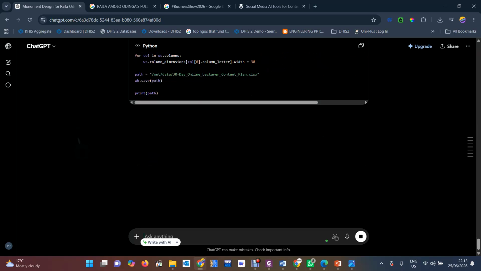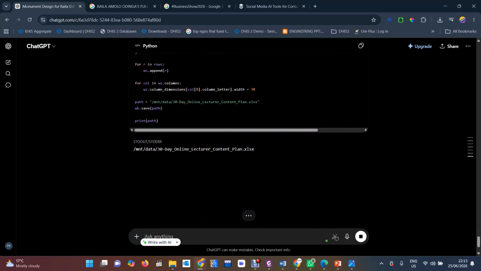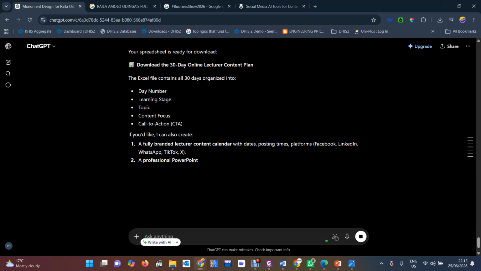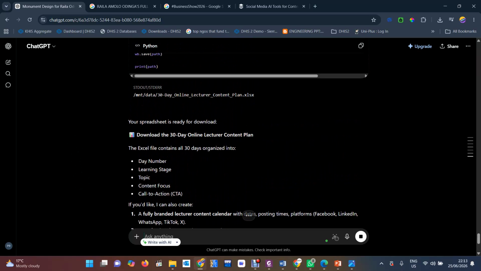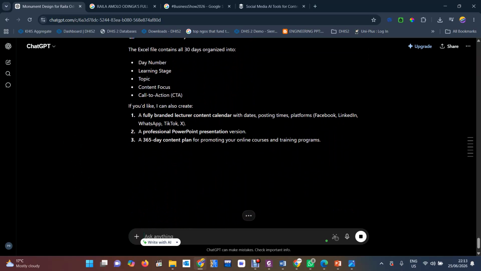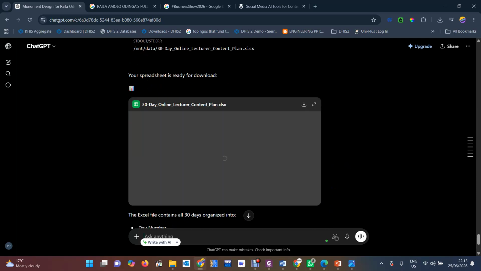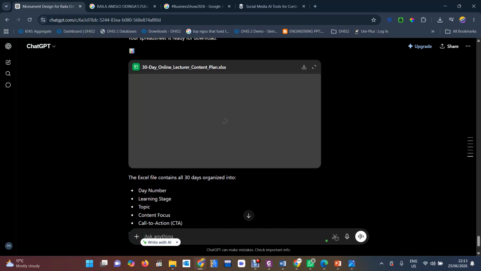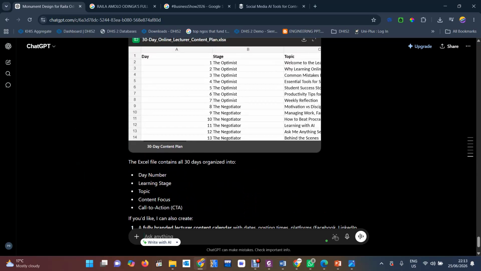So it's now converting the Python into an Excel sheet file, which we can now access. So that is the Excel, a spreadsheet with all that content.